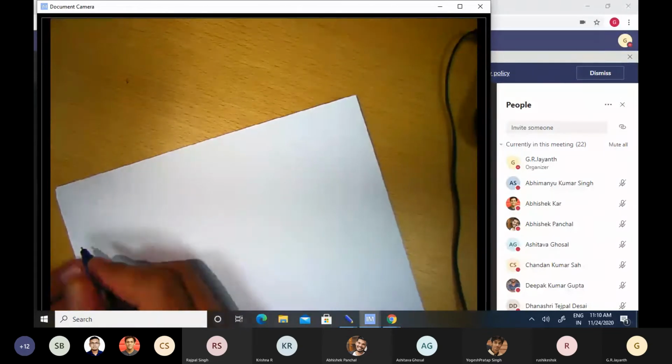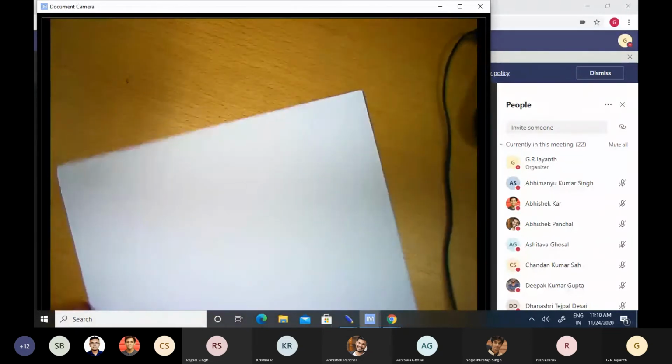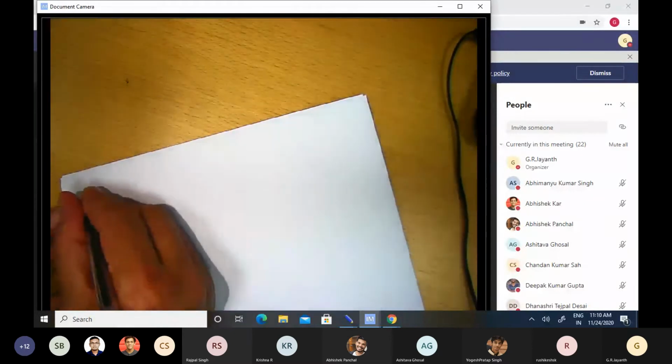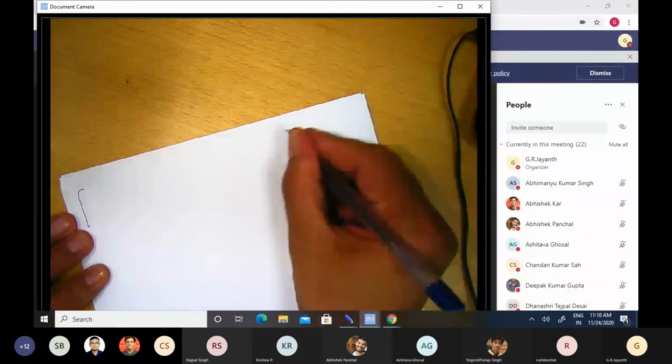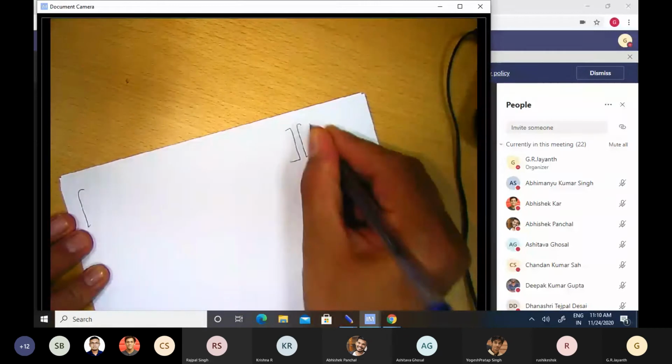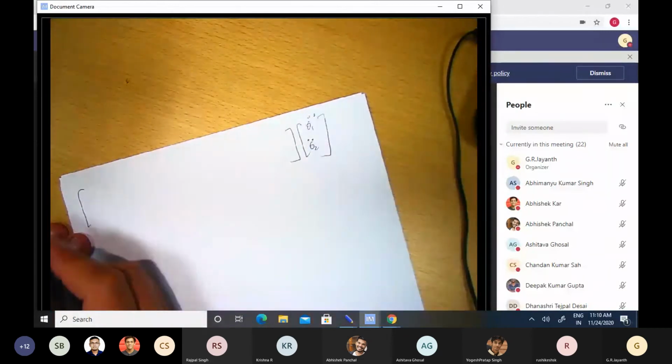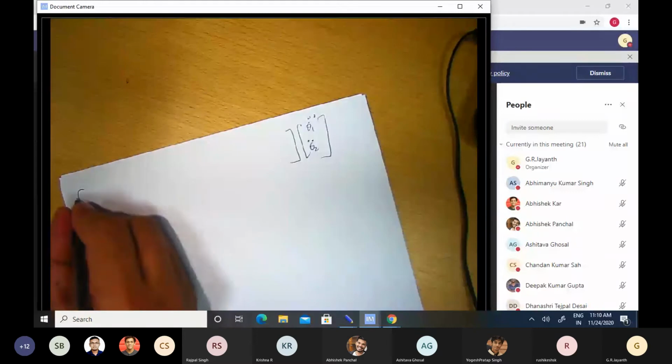There will be two generalized coordinates, right? θ1 and θ2. So there will be two equations. I'll put these two equations together and represent them in a matrix form. The first equation has a huge matrix multiplying θ1 double dot and θ2 double dot. And that matrix, I'll write down the entries of the matrix here one by one.